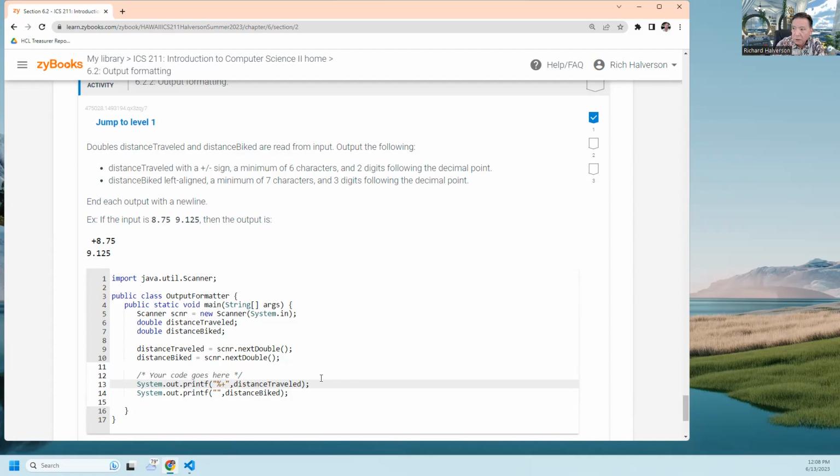2 digits. Oh, a minimum of 6 characters. Minimum of 6 characters? Okay. This doesn't look right, does it? But I'm just going to do it anyway. Well, all right, I'm just going to do it. 6.2F. And this one, I'm going to make it